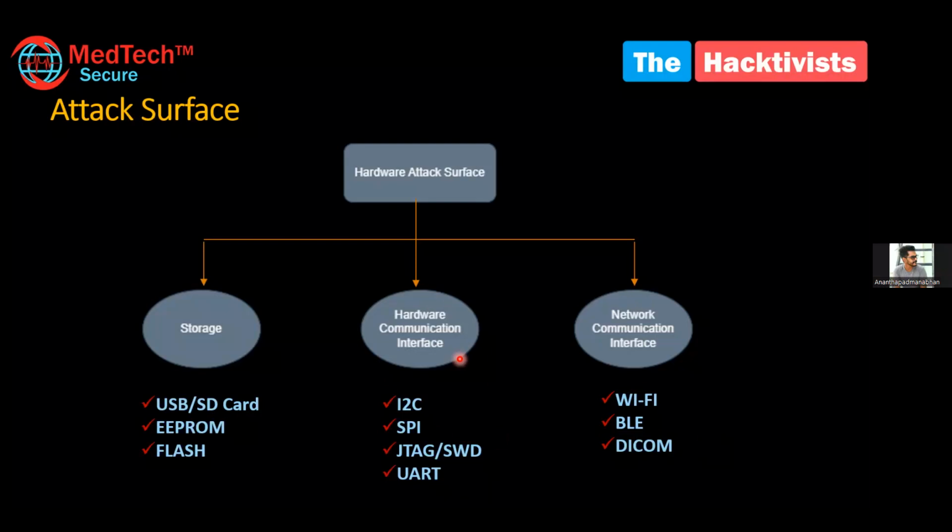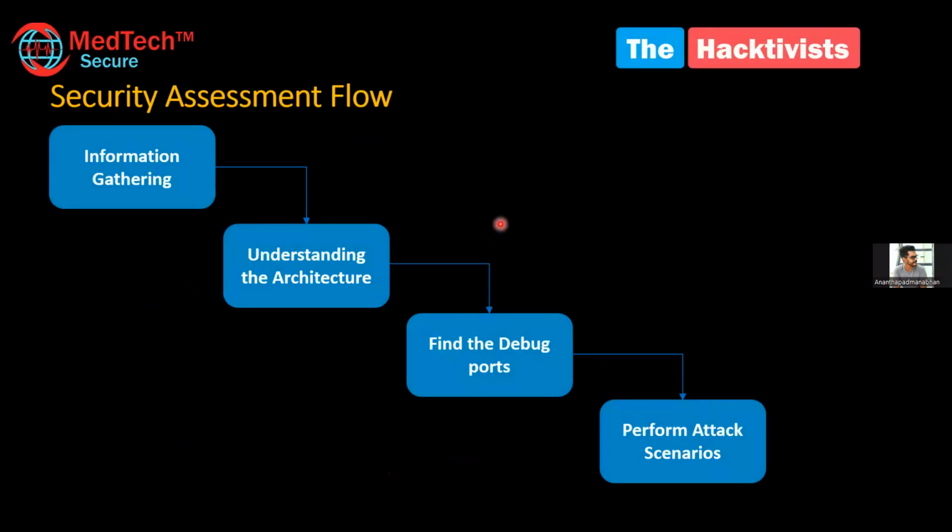So we are moving to the next part, the security assessment flow. Now we have an understanding of the components of our target device. Just imagine you have a device for pen testing, what should be your approach? We discussed the testing points and protocols, but how do you find out those protocols? Suppose I get a medical device, say an X-ray device. How do I know what kind of protocol it is using,